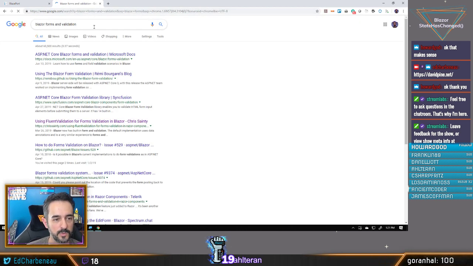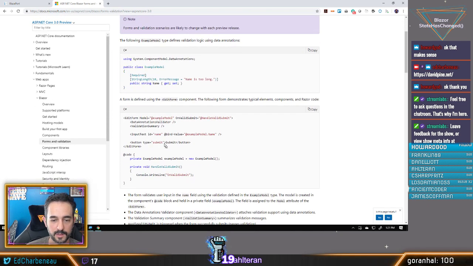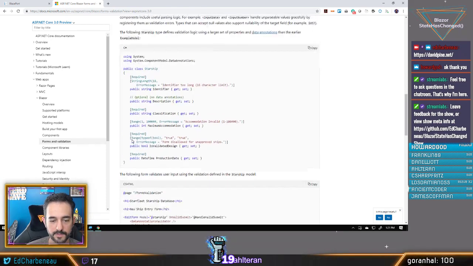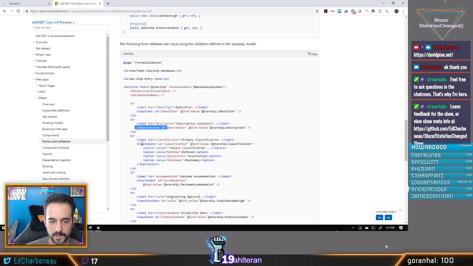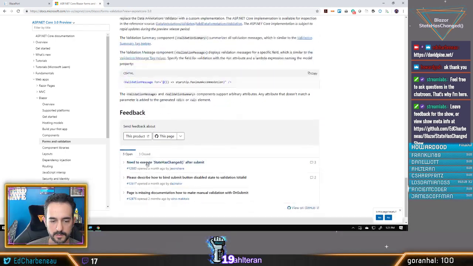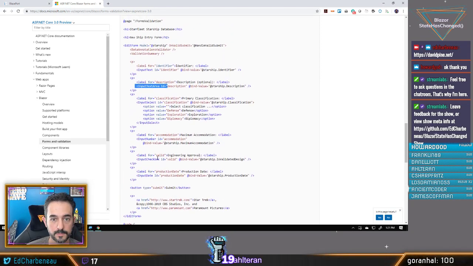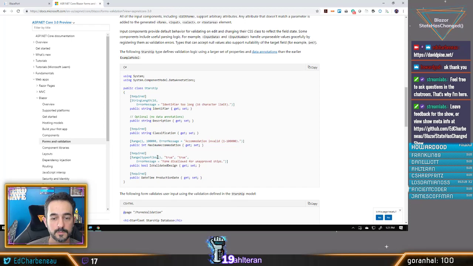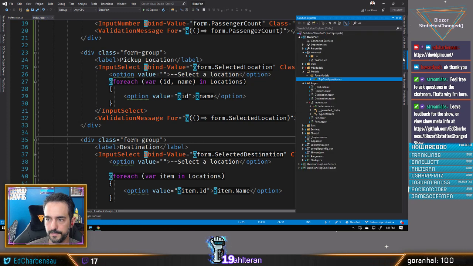Forms and validation. Let's see what we have on the docs real quick. See if there's anything in here that says there's the summaries, description, label, input. So it doesn't even cover that. What I think we can do, let's do this way for now, is in our Sass file, let's go to